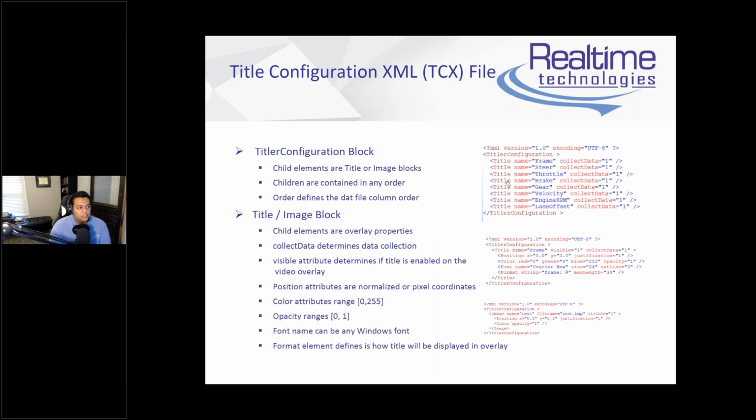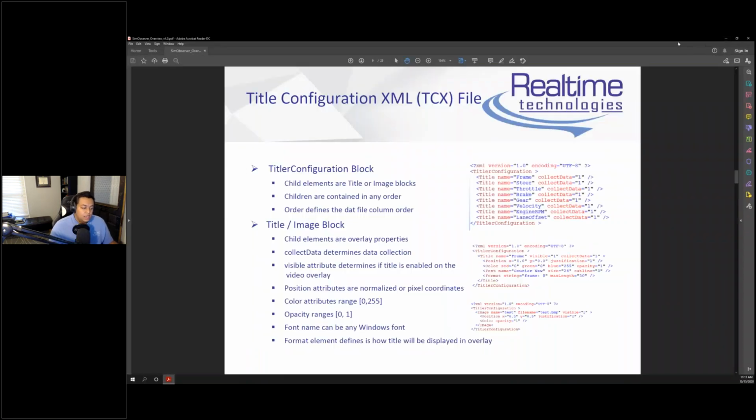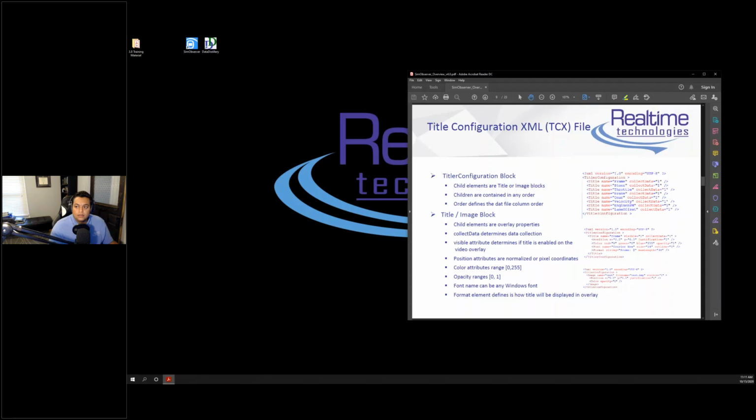So in order to adjust these titles, we have a title name as well as an option of whether or not we want to collect data on those specific titles. The title name is going to refer to the same titles that you're using in your data merge block from the VC generic titler. So what I mean by that is in SimCreator, in your model. So if I open up your model in SimCreator,